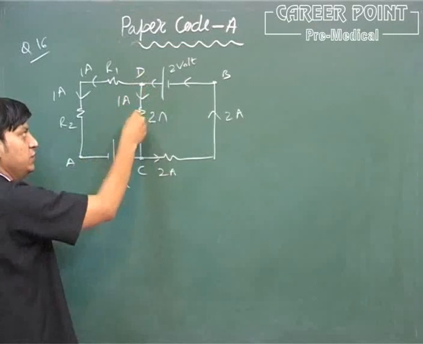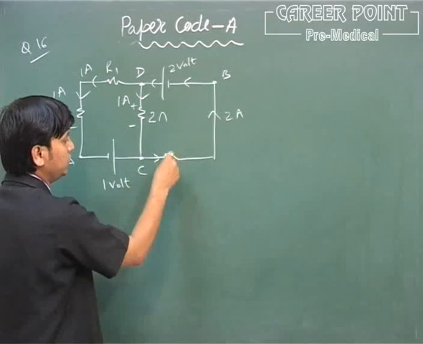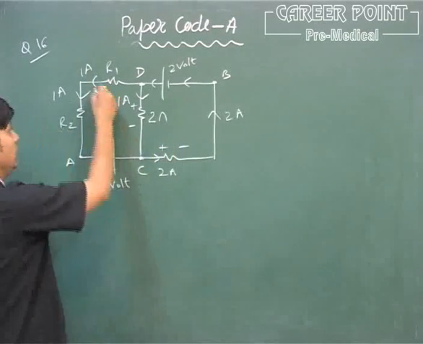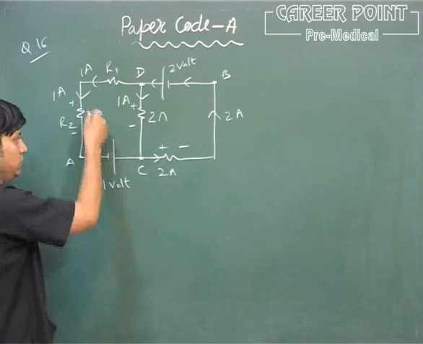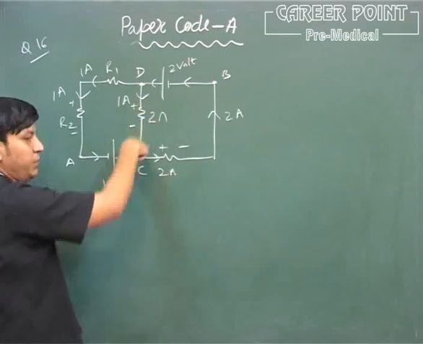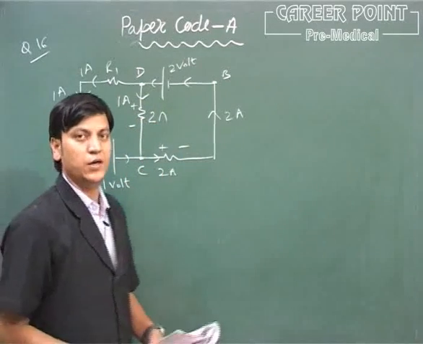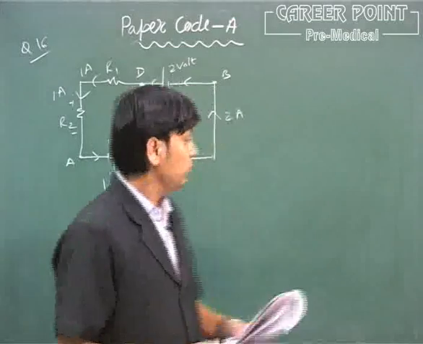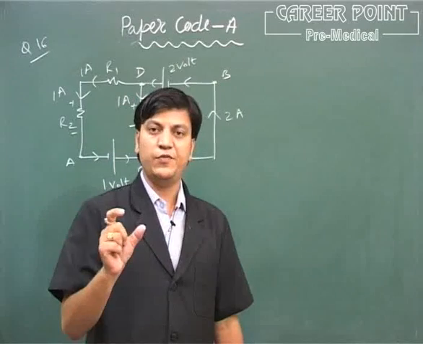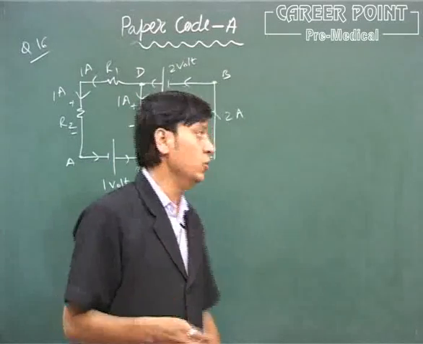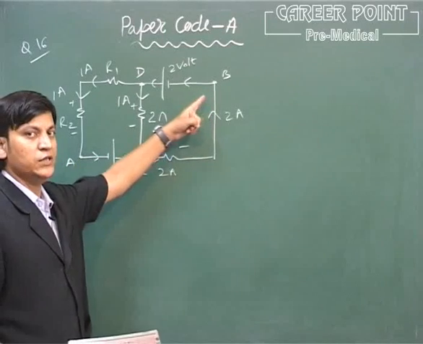And if current is in this way, then this is plus and this is minus. Here current is moving in this way, so it should be plus and minus. In this way the current is there. This 1 ampere and this 1 ampere both make 2 ampere again, and then in this way the current is flowing in the circuit. Now we all know that for finding the potential difference between 2 points, KVL is the best. So we are going to apply KVL from point A to point B, and for this we are using the path